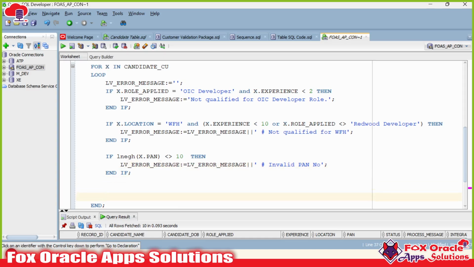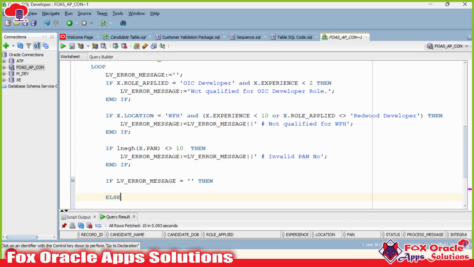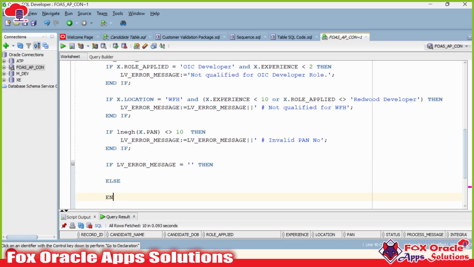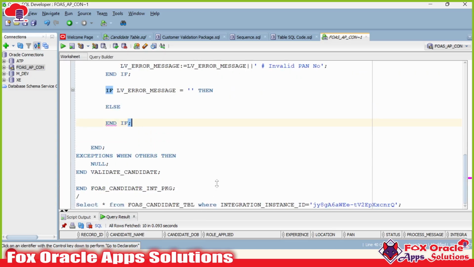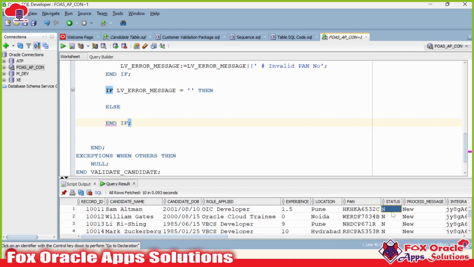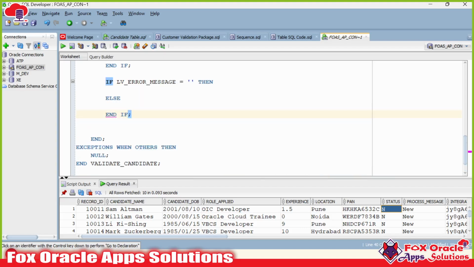So here we have to add the condition: if this variable is null, holding null values, right? Then we have to update the table record as valid. So in this case we just have to write an update query. So we'll write the update query,